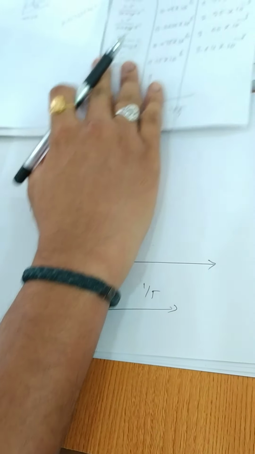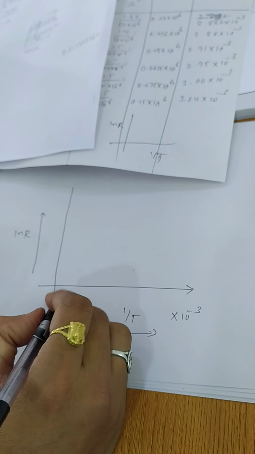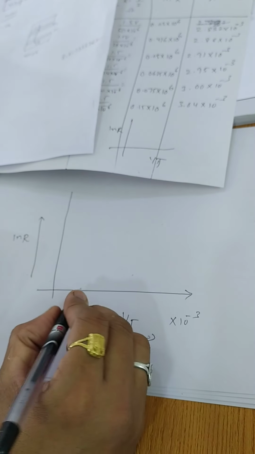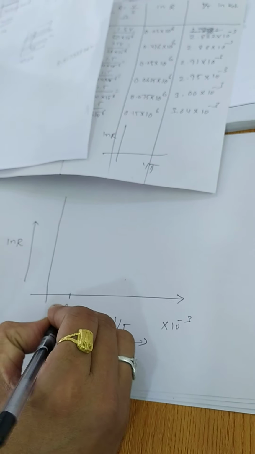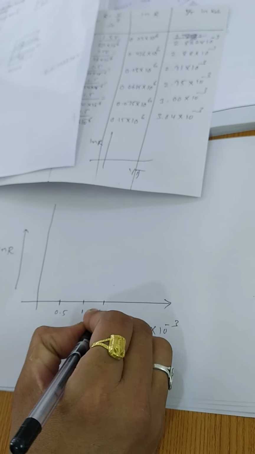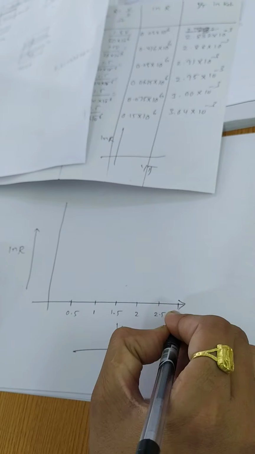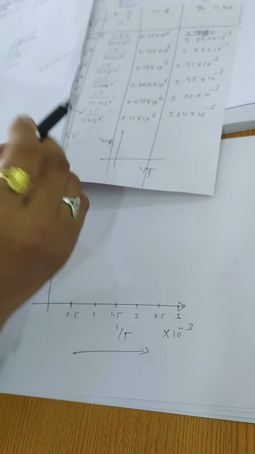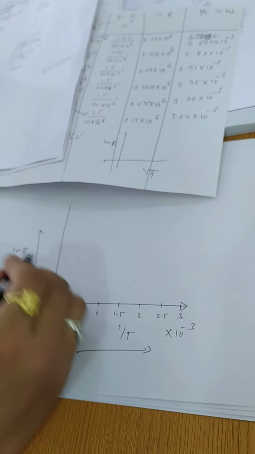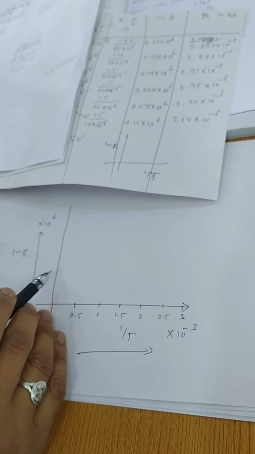Okay, so here we have 10 to the power of minus 3, so I am taking all values in 10 to the power of minus 3 here. So 2.8, so I am taking readings as approximately 2.8, 2.93, so take like this: 0.5, 1 and 1.5, 2 and 2.5 and 3. Okay, maximum is 3. And here this is 10 to the power of 6. Now I am taking into 10 to the power of 6, so the values are 0.03, 0.016 now.